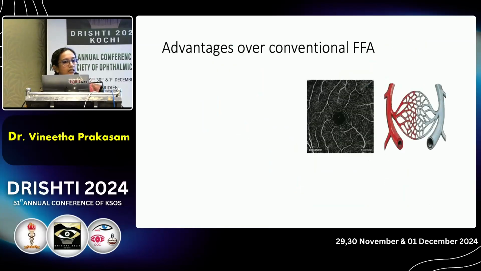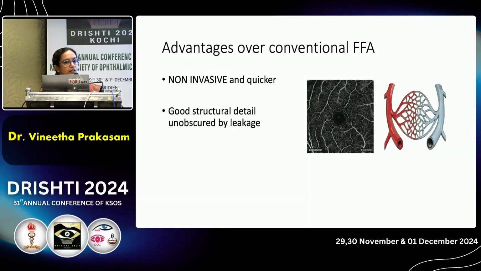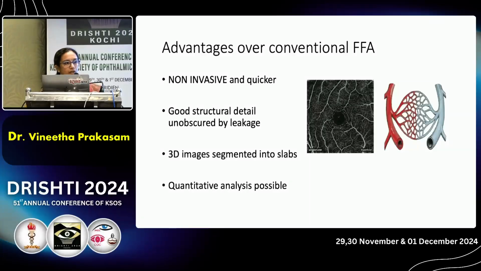Now, what are the advantages of OCTA over a conventional FFA? First of all, it is non-invasive, much quicker, no dye is required. Then, as there is no leakage, you get good structural detail of the vessels. 3D images are possible, unlike the 2D images in FFA, and you can segment into slabs. That is, the superficial and the deep layers can be separately visualized. And next is, since there is no leakage, you get a good quantitative analysis,